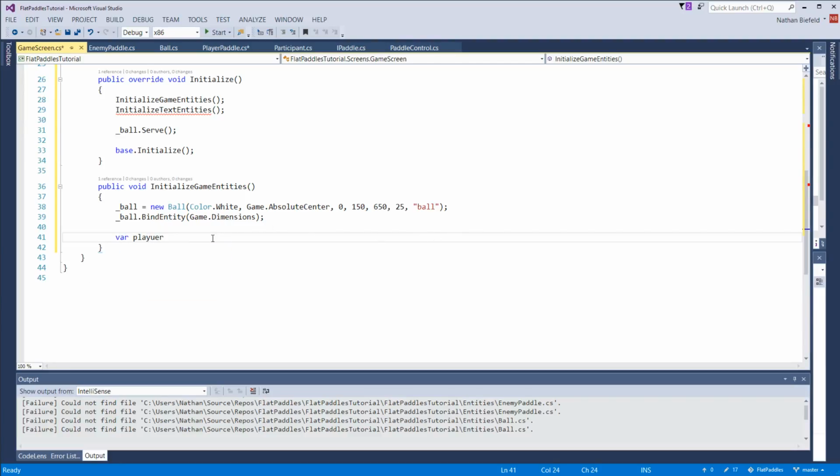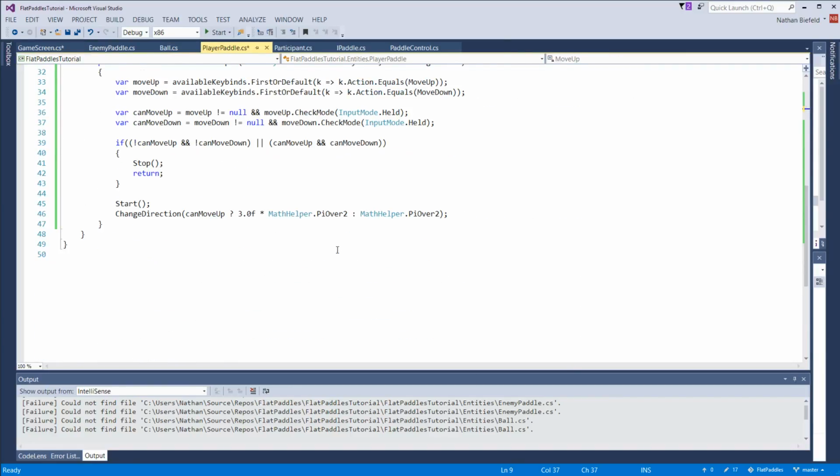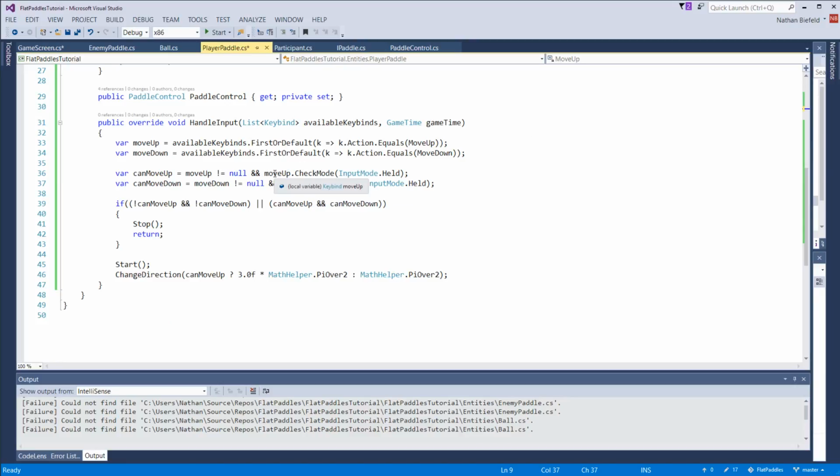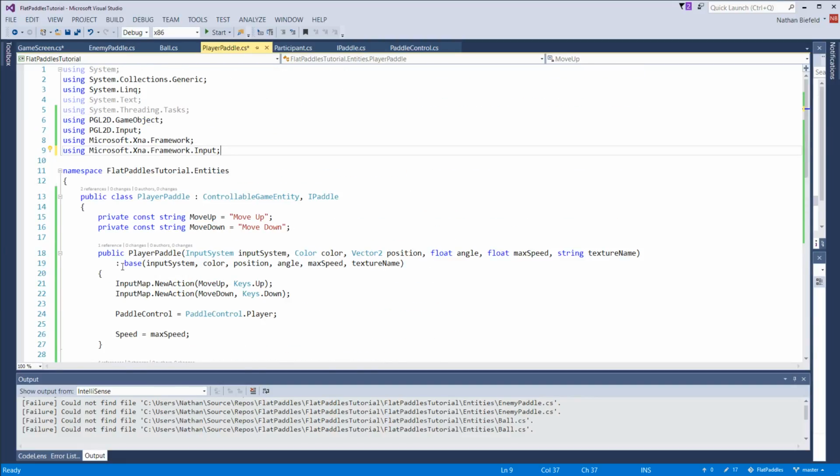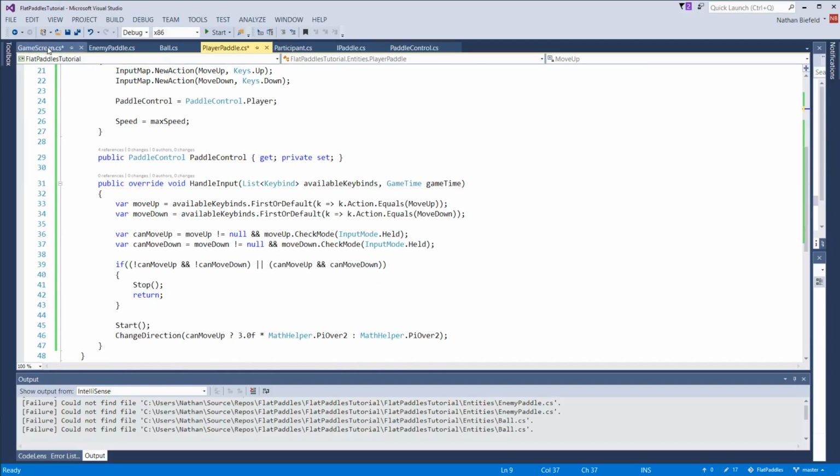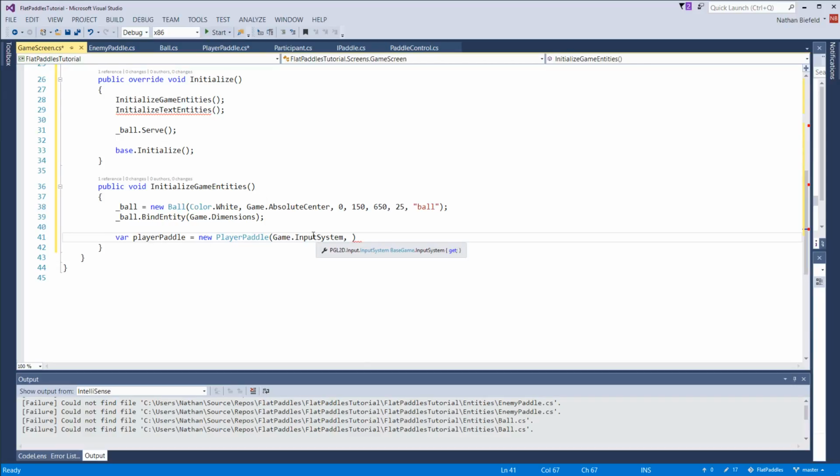Var player paddle is equal to new player paddle. Open parentheses. Game.input system. This needs to have a reference to the input system, so if we look at the player paddle, we can query the input system. It's going to be used in the base controllable entity to get the available keybinds. So game.inputSystem, color.white for the tint color,